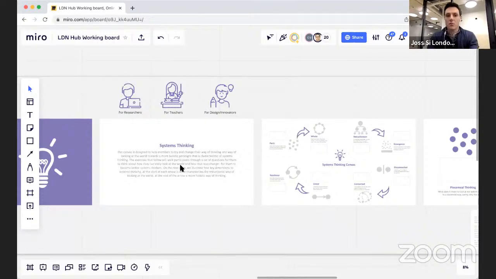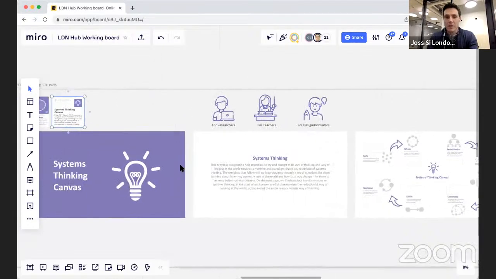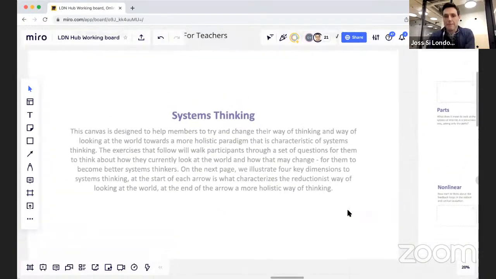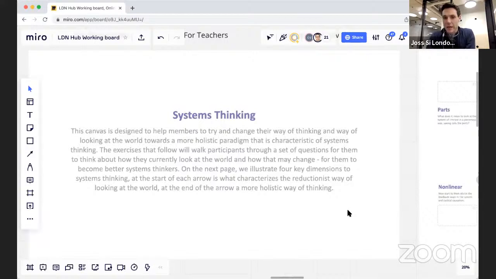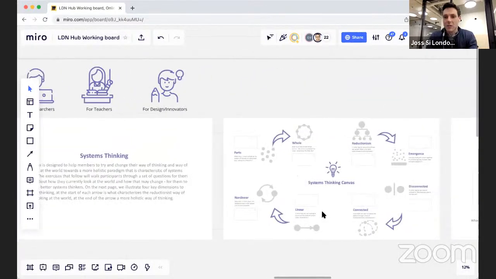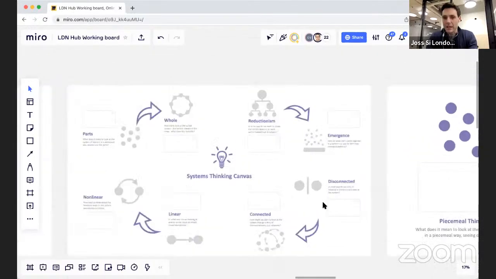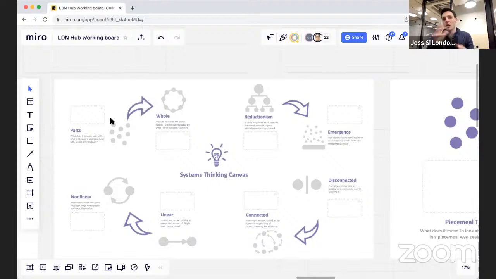Okay, so what is this canvas? Let's take a look at that. This is the systems thinking canvas. As I said, it's based upon that guide that you saw there, which is really based upon our quite large knowledge base on our website of systems thinking ideas that we've been teaching for many years. So it draws upon that, and it breaks it down into 4 key areas as we'll be looking at here. It's saying that there are a number of core concepts or core ideas in systems thinking,